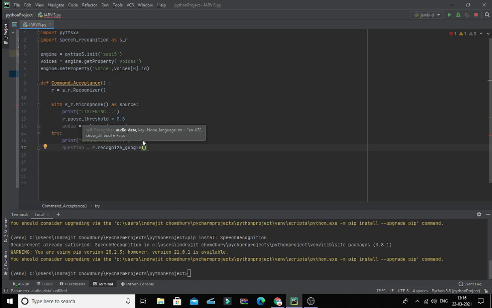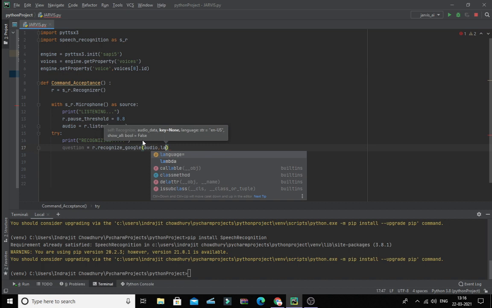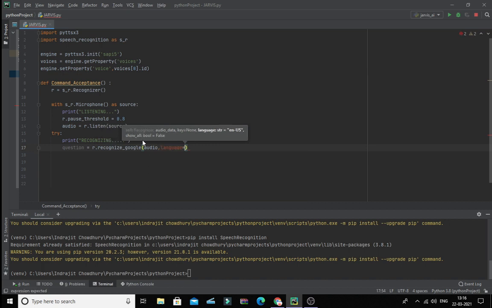Within the parentheses there will be two arguments. In one position I will write audio, and in the other position I will write the language in which it has to be recognized. I will write en-in. You may also write en-US, which is United States English, but in this case I am writing English India.